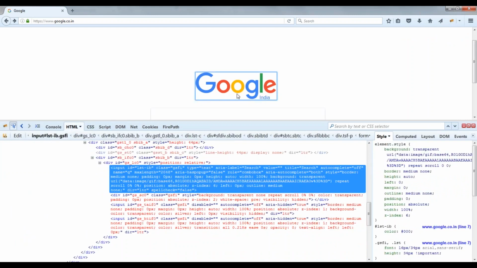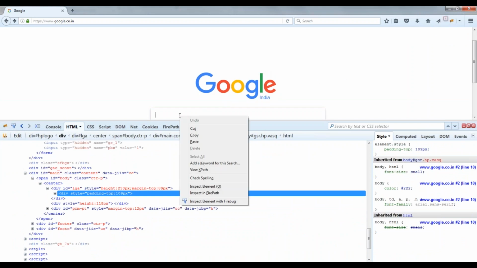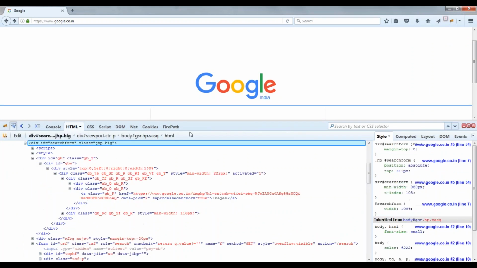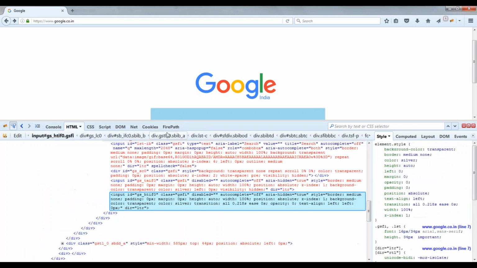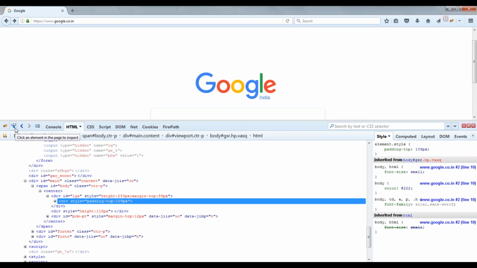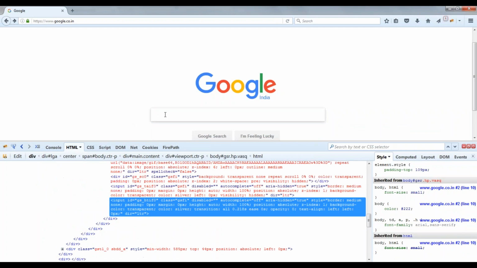If you click on this, any element you go, even in normal inspect element also, this arrow is there. Why we are recommending Firebug is we have one more, FirePath, that is for identifying XPath. Before we move to XPath, I am just expecting you guys to have the Firebug in your browser. Always prefer to have Firebug. Now let us identify this element.